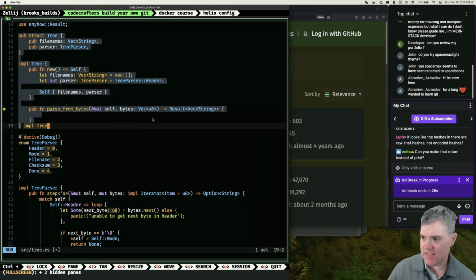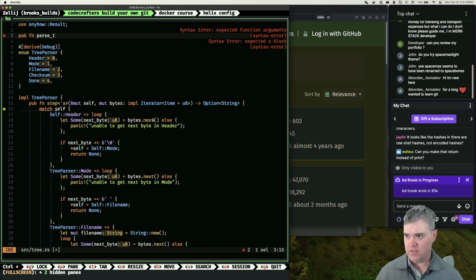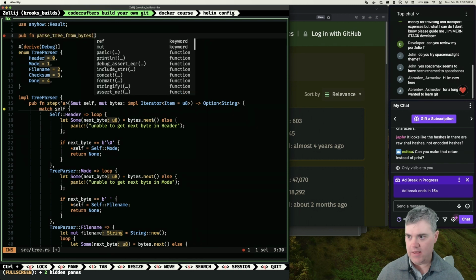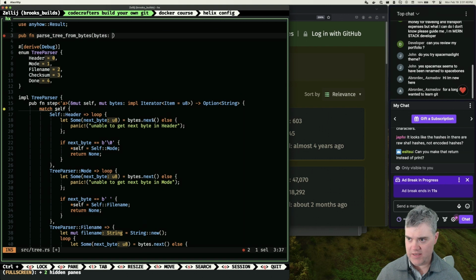And all I need is, we're going to start with that mut parser. So what if I have a pub function parse tree from bytes, something like that. You're going to take in the bytes, which is a vec of u8, which I don't actually think I need to own. So maybe you can just be a